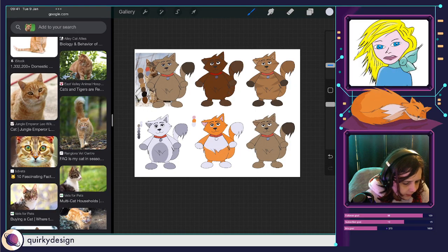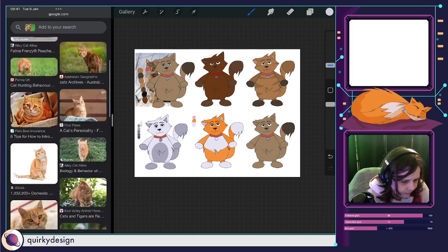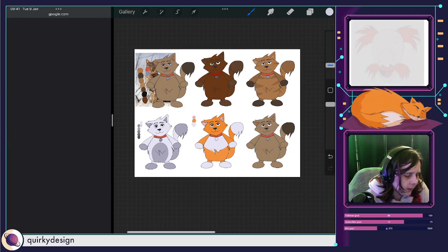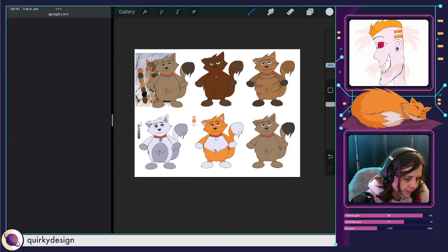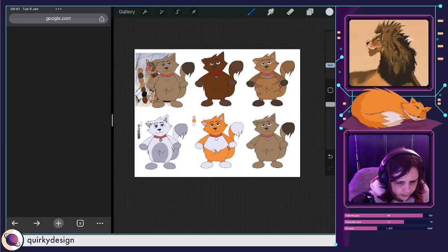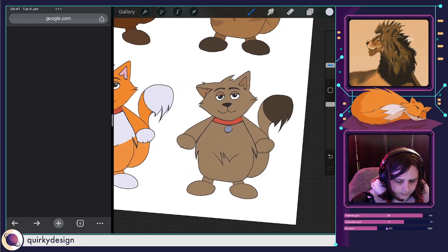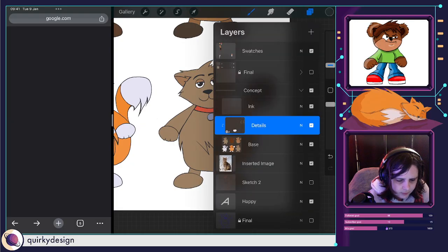I feel like the last cat I should do is a black cat. Just because black cats are cool as well. Okay, not got anything there. Right, okay, that's not a problem, I can work with this. I just go with that colour and just try and make some variations of it lighter.